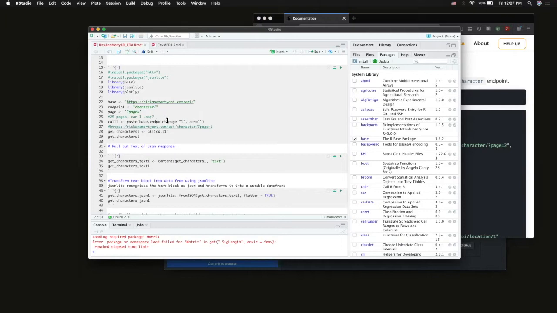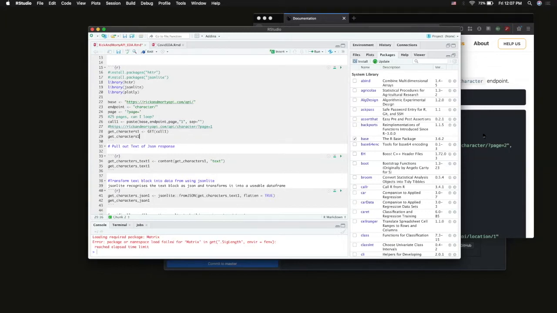Whenever you're pasting it together, you can separate it with a certain thing, like if I were trying to make a comma list or something. But I don't want any separation, so I'm just specifying I want it blank. I want them all stuck together like this. Now I'll hold this over here. And this GET comes from my httr, so it's going to make this call to this URL, and I should get back in here